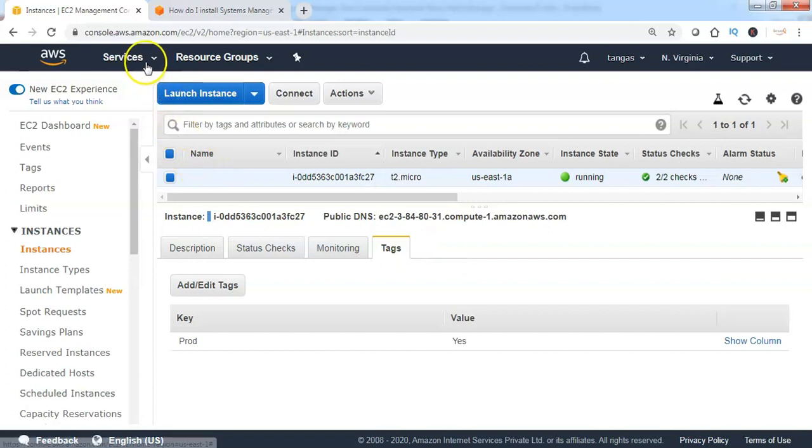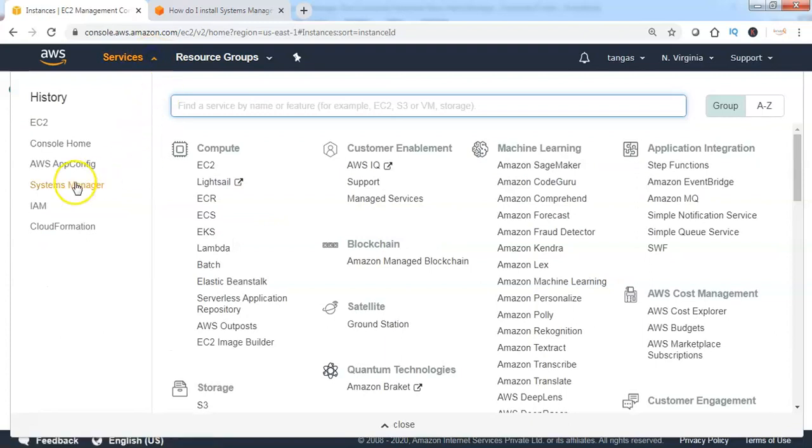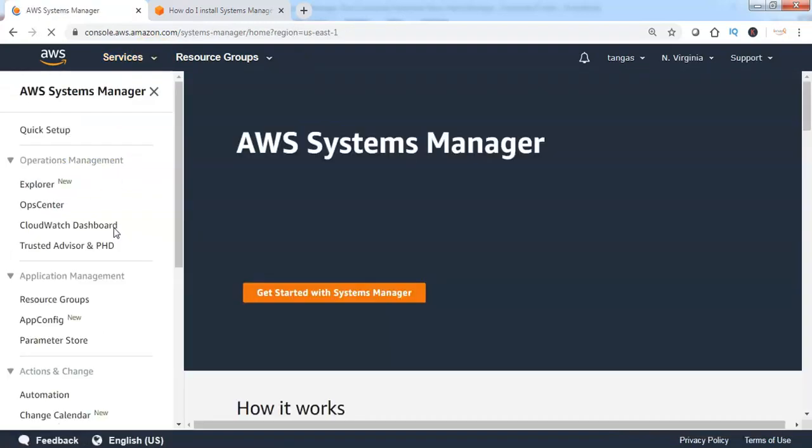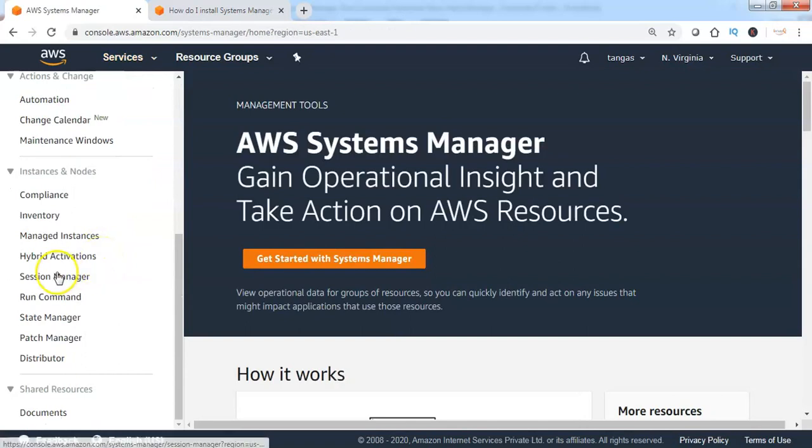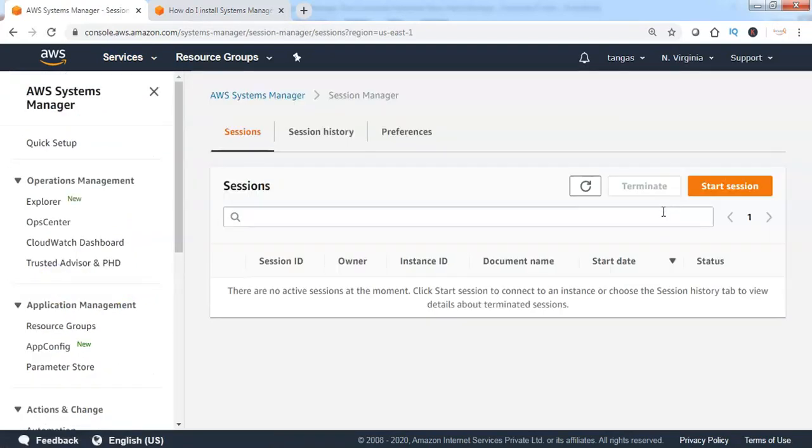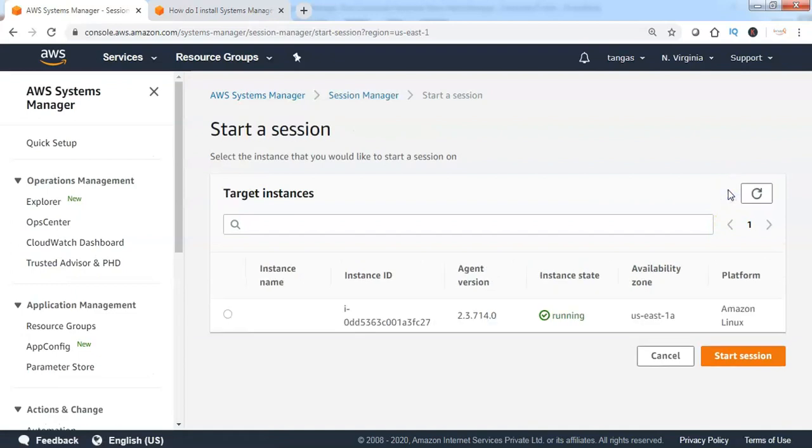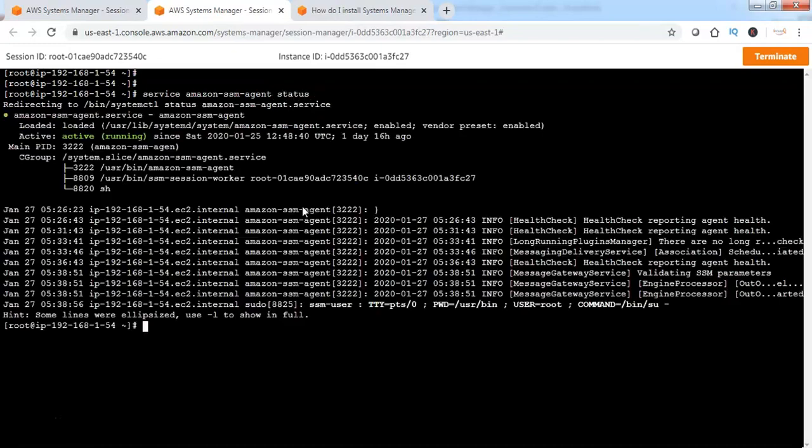In order to log into the EC2 instance, go to Services, go to Systems Manager service, scroll down, click on Session Manager, click on Start session, select the instance from the drop down and click on Start session. Once logged in, run sudo su - to switch to the root account, then run the command service amazon-ssm-agent status. We can see that the SSM agent is currently in running state.